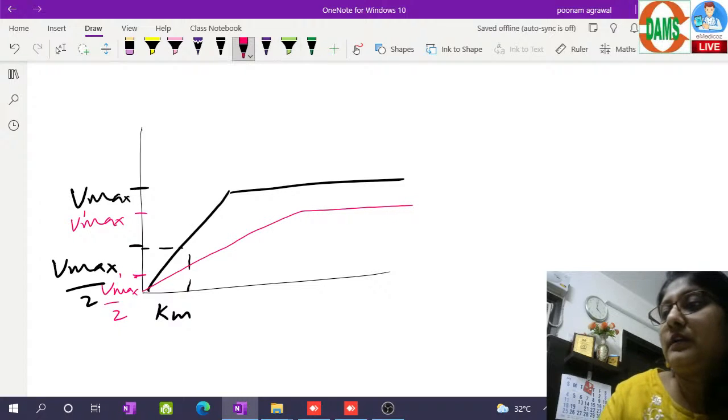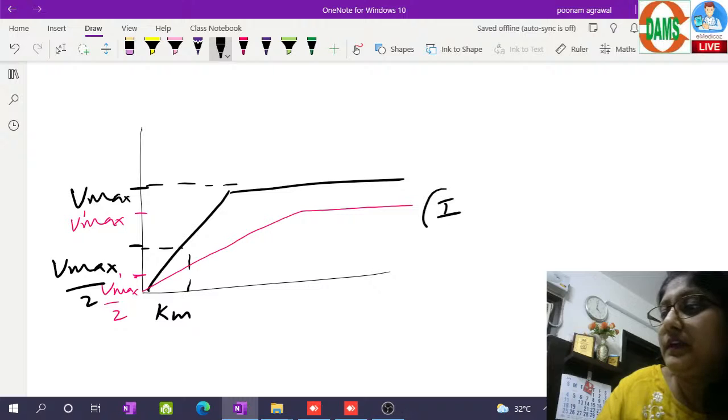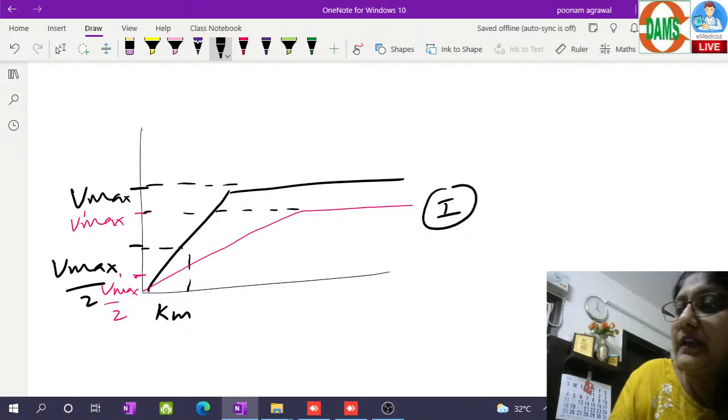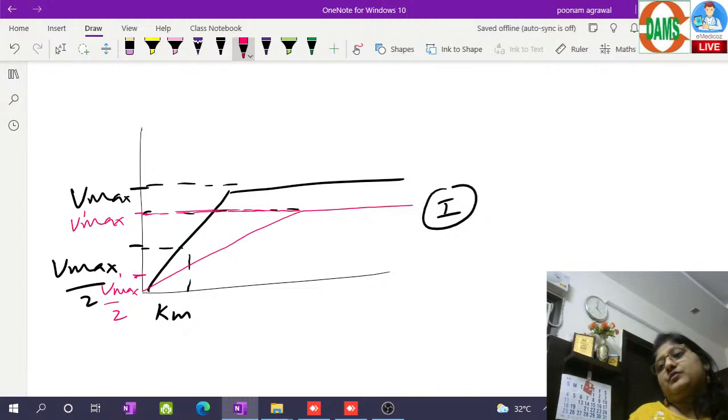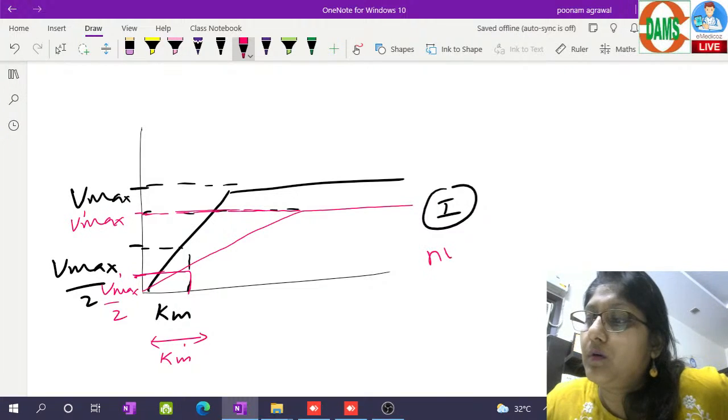which when calculated shows that in the presence of inhibitor, the Vmax is declining. If I use a red color pen, it will be clearer to you. So in the presence of a non-competitive inhibitor, the Vmax value is going to decline, and to get half of that new lowered velocity, the Km remains the same. This is the characteristic finding of non-competitive inhibition,